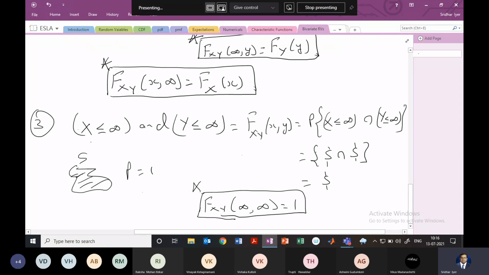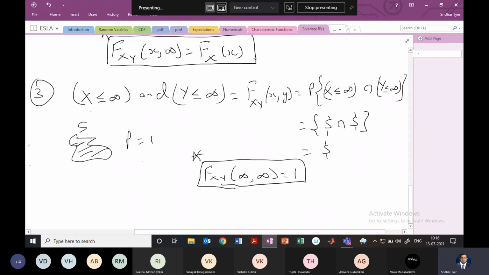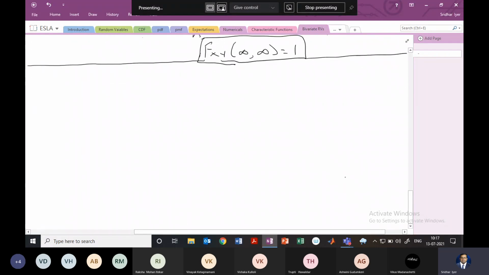This we had done in single random variables, where the final value of one random variable, that is F_X(x), was also 1, right? The final CDF you get is always going to be 1. So we are going to be using these properties a lot; these are the properties of the CDF. You would be very comfortable with these properties because you already know about single random variables. So this is just an extension of the single random variable, right? Okay. So next, let's do the PDF.